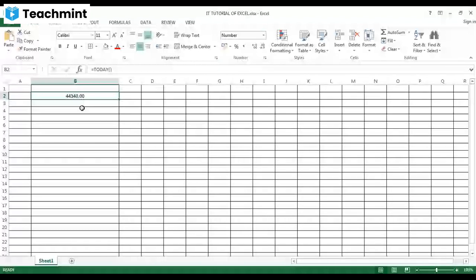Look, when I select this number format, it will change it into the number only, 44,340. When I select Date, it will change it back to the date format. Here we can apply multiple kinds of formatting. Here we can format any cells from here. Now I have deleted it.